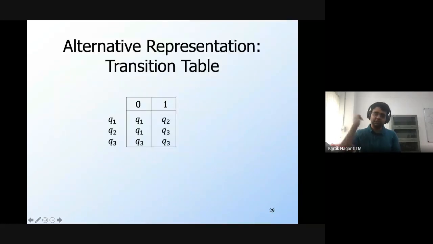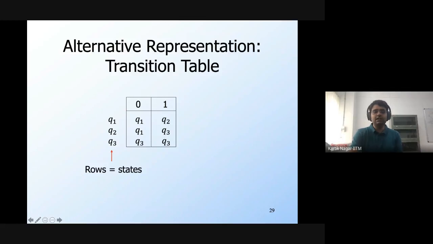Okay, so we have seen this formal representation of a DFA, and you have seen the graph representation of a DFA. There's another representation which is useful, which is a transition table. This is only used for representing the transitions, rather, you can also express the set of states, the start state, final states, and so on using this transition table representation. Okay, so what is this representation? So here.